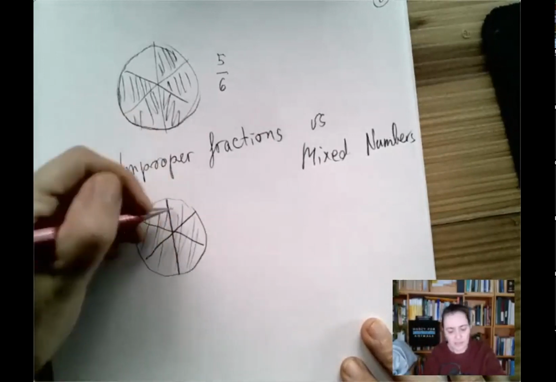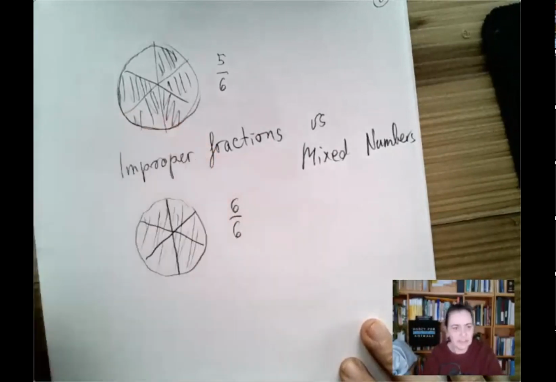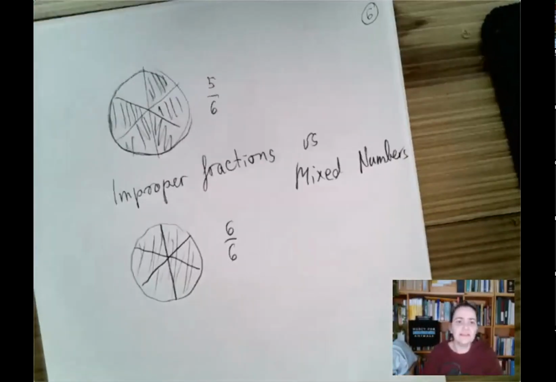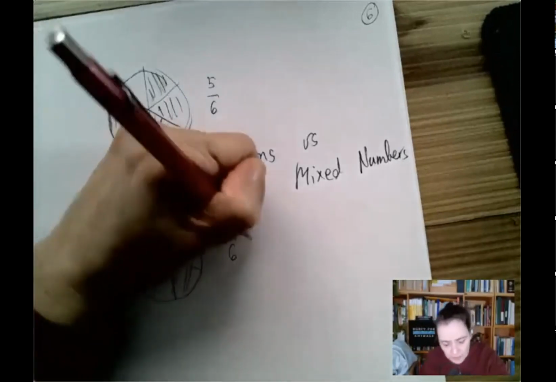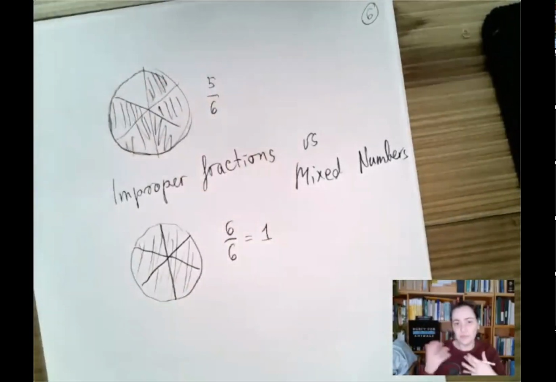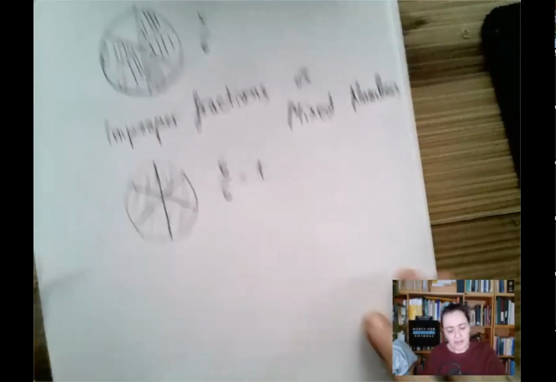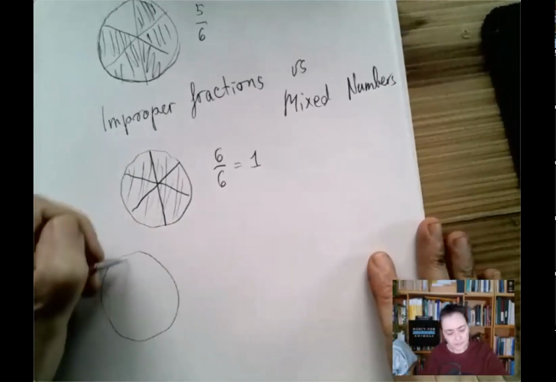This would be 6 over 6. Now just think of it as a division problem. 6 over 6, that fraction is going to be equivalent to the number 1. 1 pizza, right? But we can also have